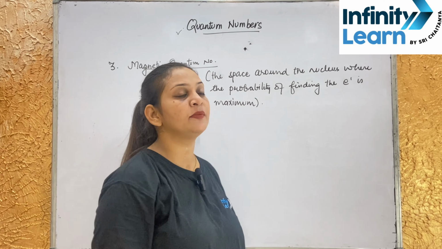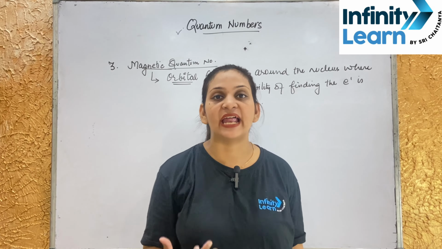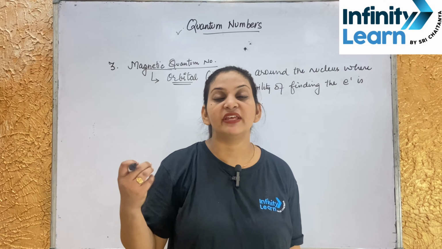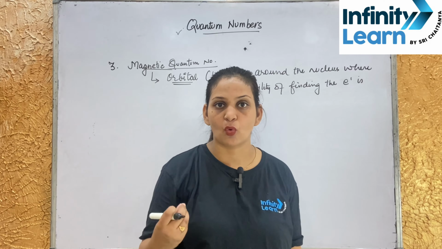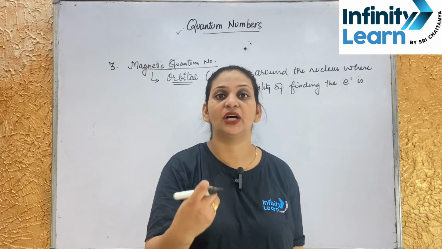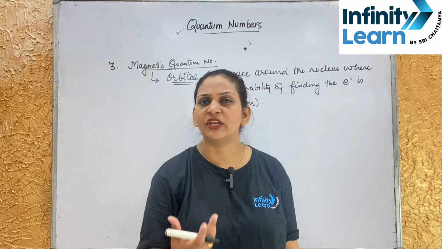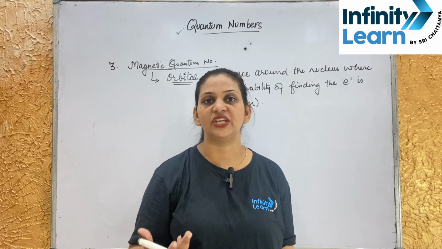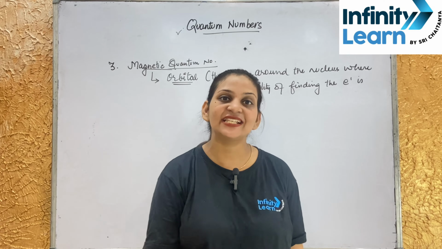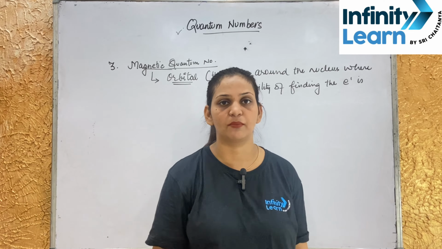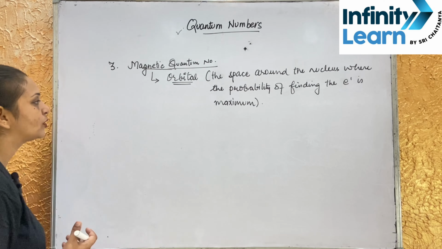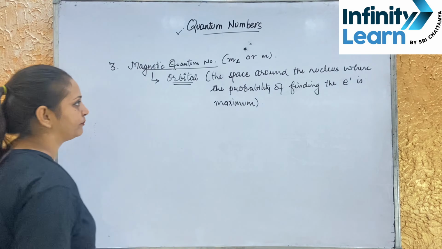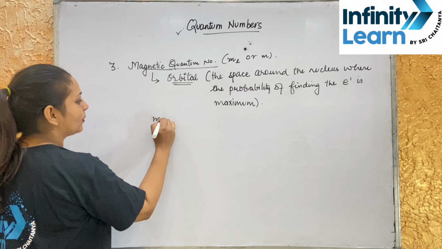Actually, what happens is that Earth has its own magnetic field, and an electron also behaves like a tiny magnet. When the magnetic field of an electron interacts with the magnetic field of the Earth, those electrons orient themselves into certain specified regions. Those specified regions are the orbitals. And these orbitals are predicted by the third quantum number, that is the magnetic quantum number, denoted with ML. The value of the magnetic quantum number